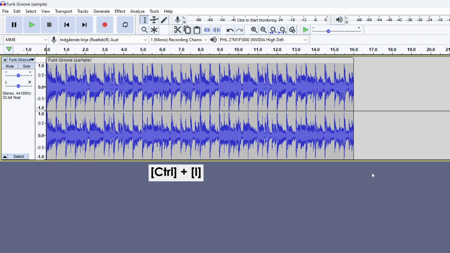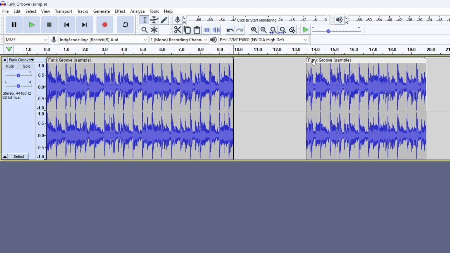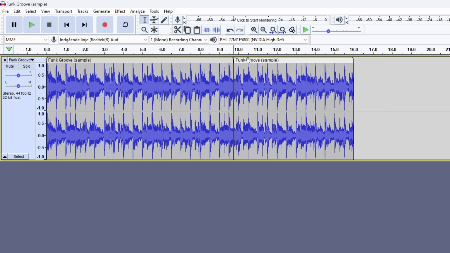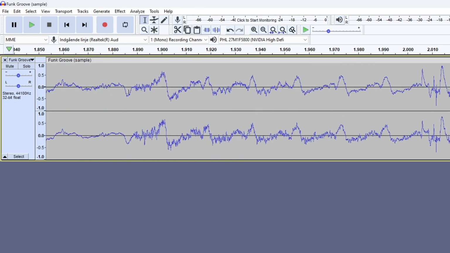With the Ctrl-I shortcut, you can split the audio clip. This is useful for moving or rearranging audio clips. You can rejoin two adjacent clips by clicking on the split point. Splits are also useful for erasing long portions without discontinuities.